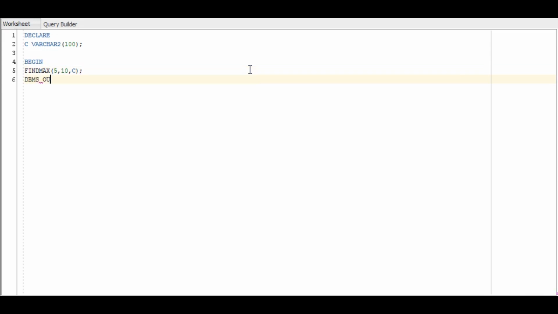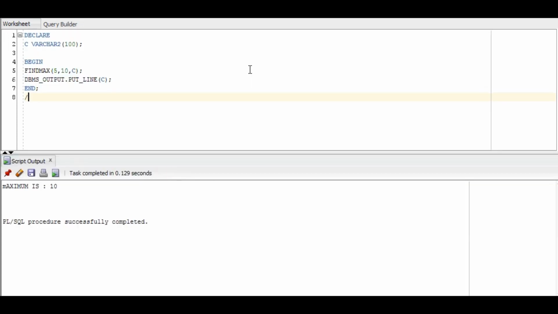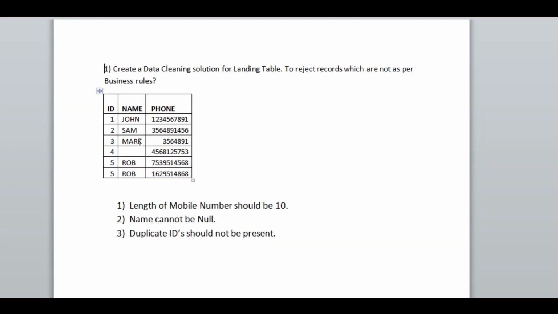C is a variable which will hold the output. Now we are printing the output value of c. Now we'll execute this block to see the results. As you can see, this block is successfully compiled and our maximum value is 10.